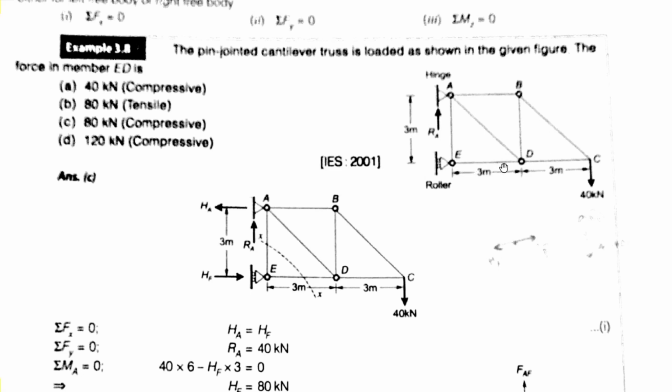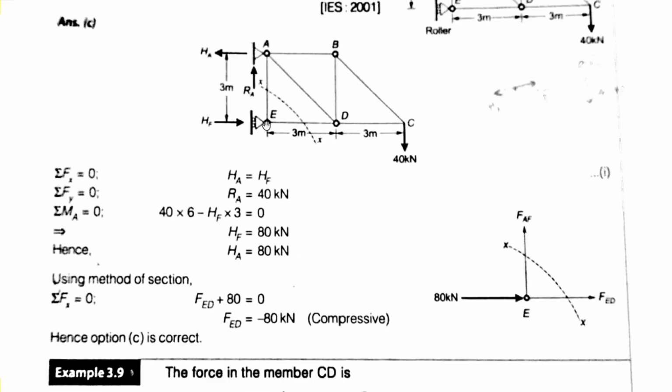Okay, so for this portion, we need to cut our whole truss in such a manner that it is easy to find the force in ED. So here I am considering this portion. See this figure: it has an x-axis section and the imaginary cut is here, and you can see the ED member is also cut here. If we draw the free body diagram of this joint E, you know the reactions: HF, and the roller support has a vertical reaction, or normal reaction,